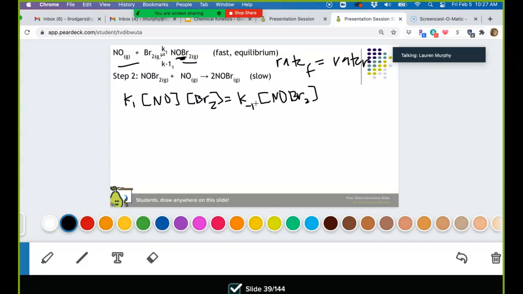So you set the rate laws equal to each other. And now this is my intermediate right here. So you just solve for the intermediate, which in this case just makes you move this guy over, right? To isolate the intermediate by itself. Now, I do want to show you, this isn't in this problem, but sometimes there's other substances over here than just the intermediate. Like if there's a CO right here,